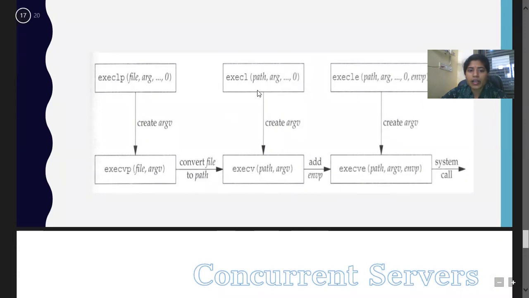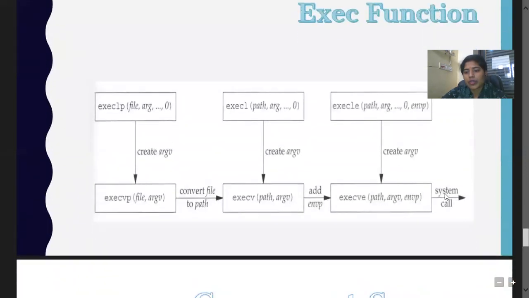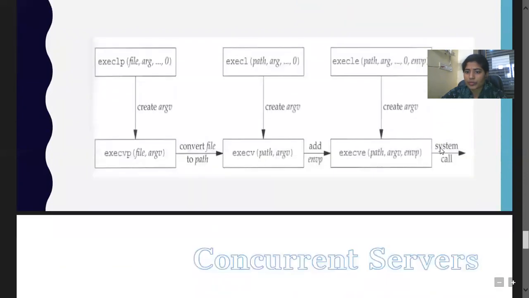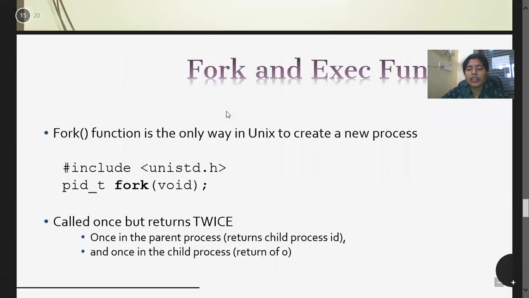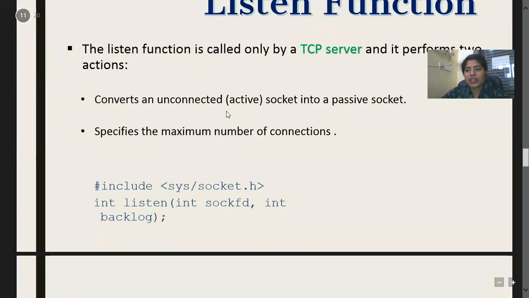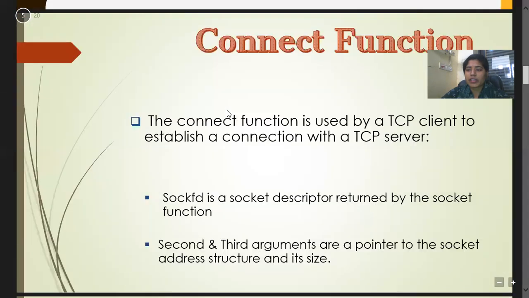And here are the other exec variants which also create the arguments, then you add these files also and the execute path here, and system calls return. Suppose there is another creation of arguments, then these all are going to be system calls. So this all is the basics regarding your connections being established between the clients and the server,